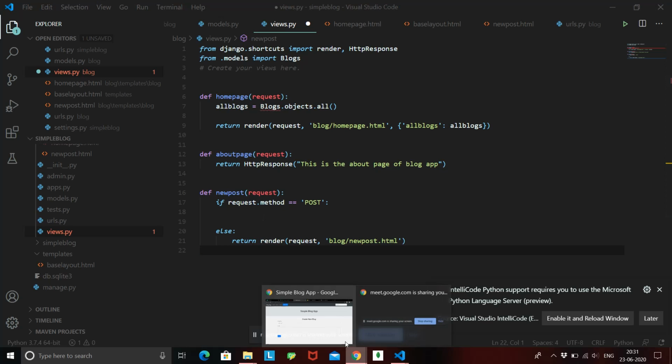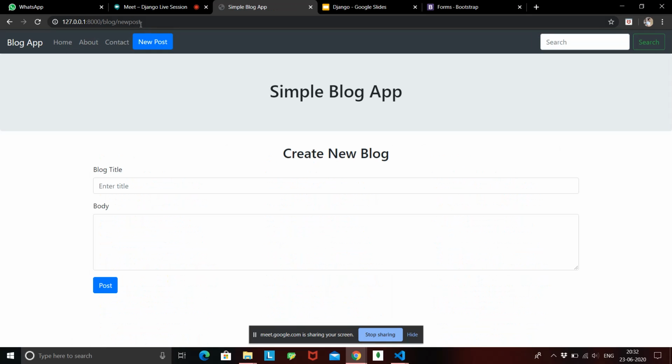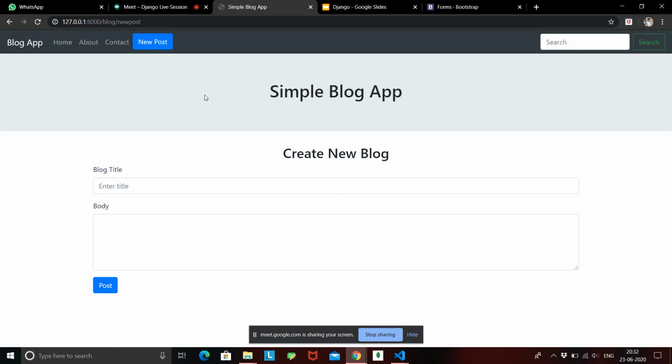So when we go from home to new post, we are requesting the URL /box/new post, but right now we are not posting anything to this page. From home, when we come to new post the first time, we are not posting anything to this URL. That's why our request method is not post, so we just have to render out this page.